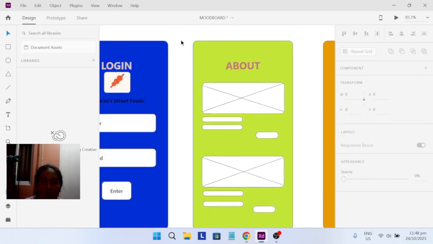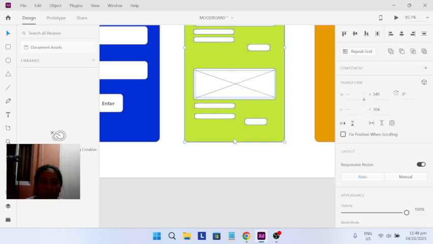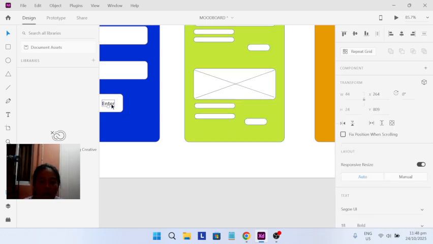First, ano muna natin? Yan. After that, get this, duplicate. Kunwari, ito yung price. 25 pesos. PHP 25 pesos.